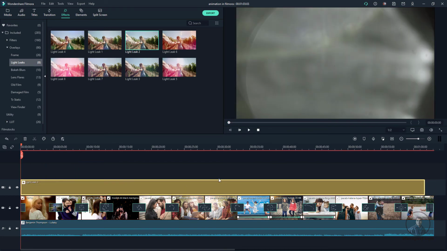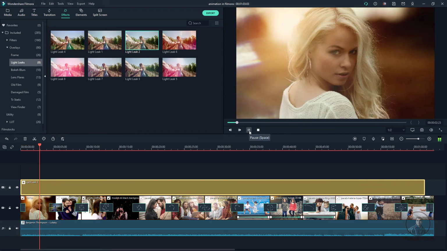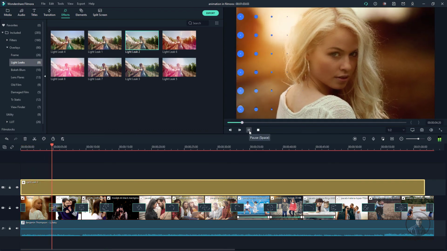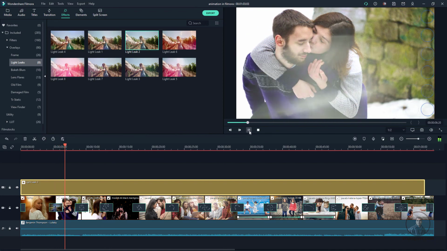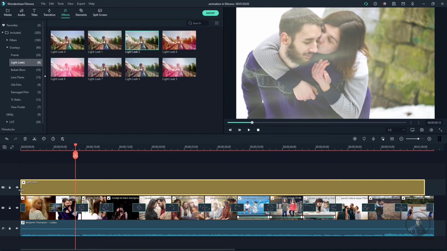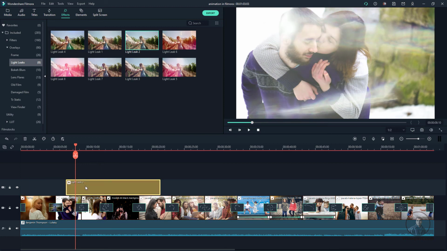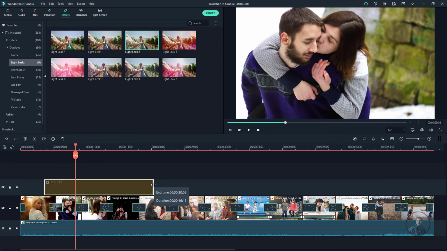So if you want you can click here. So just a little bit adjust here. So I'm going to adjust it only till here. So just apply different effects on different positions. So if you want, maybe this one, maybe till here different.